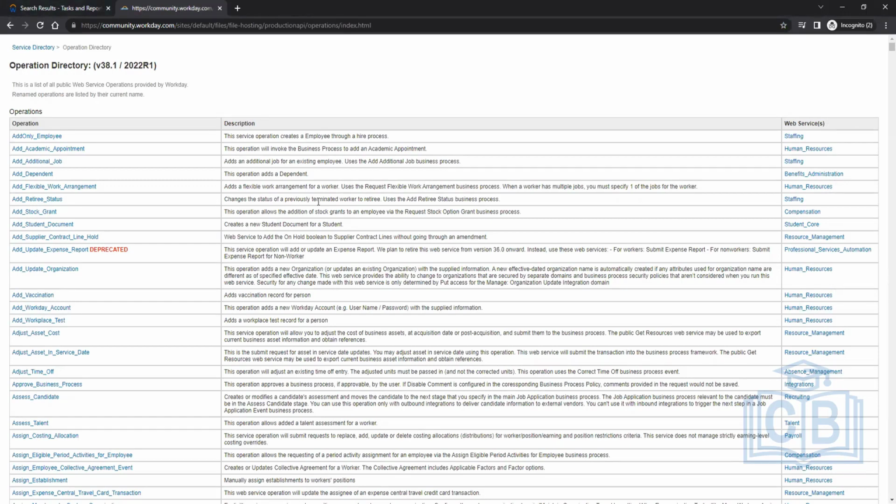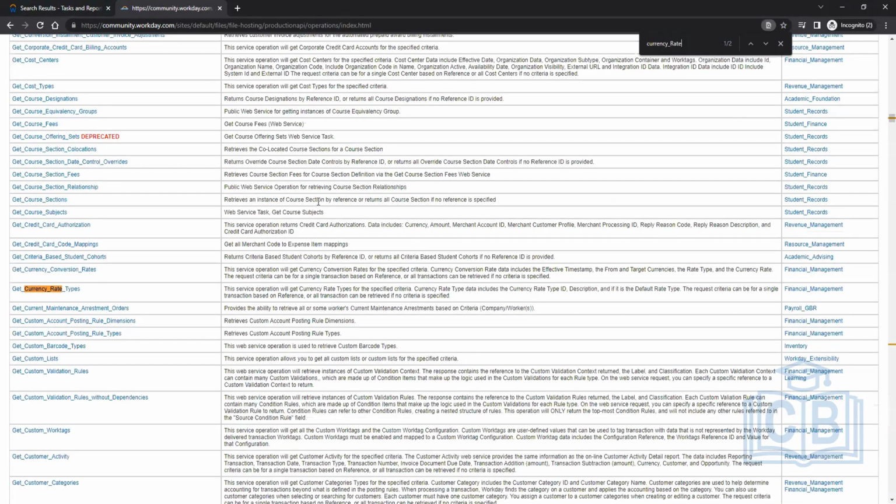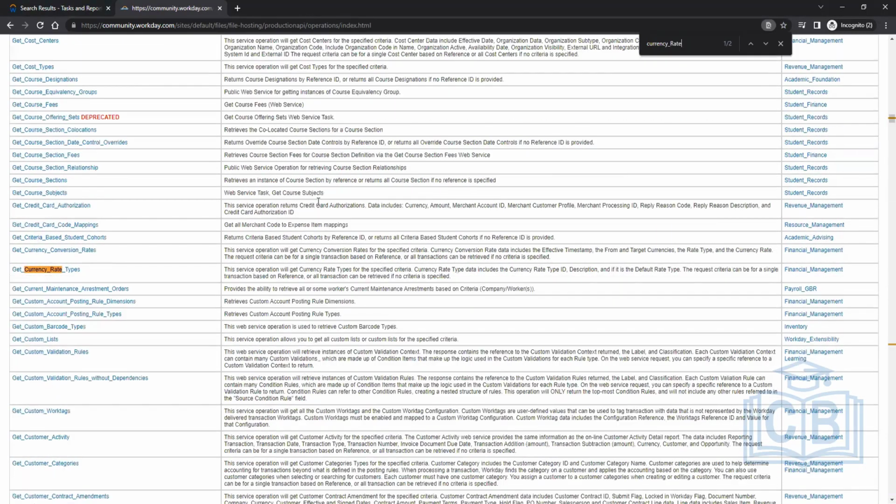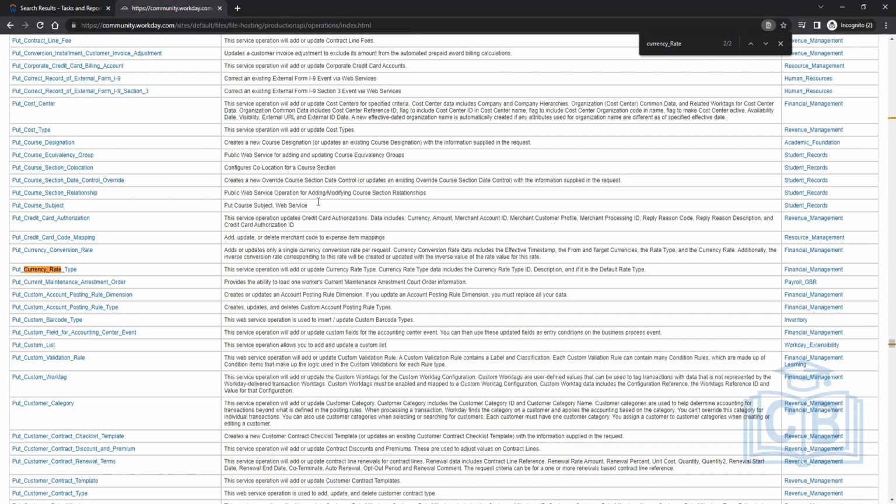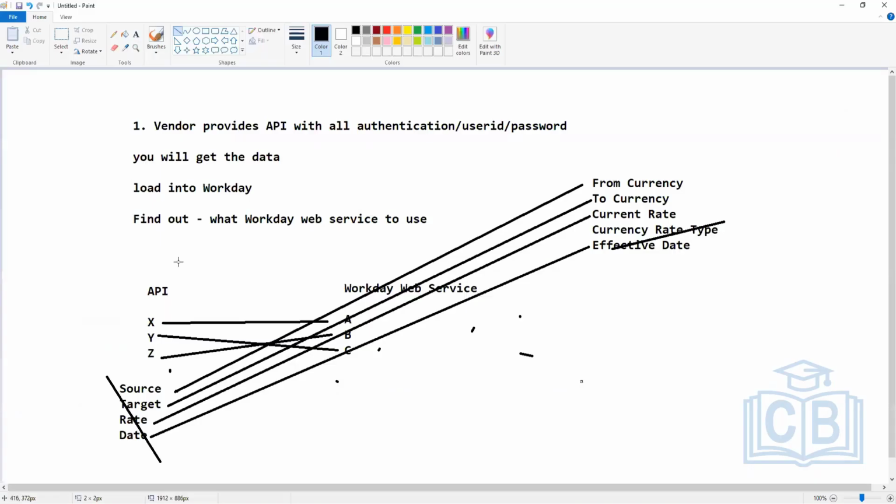Search like currency. Oh, currency underscore rate. Okay, so you have put currency rate type, and you also have an import. So always, let me give you a thumb rule here. For getting data from Workday,